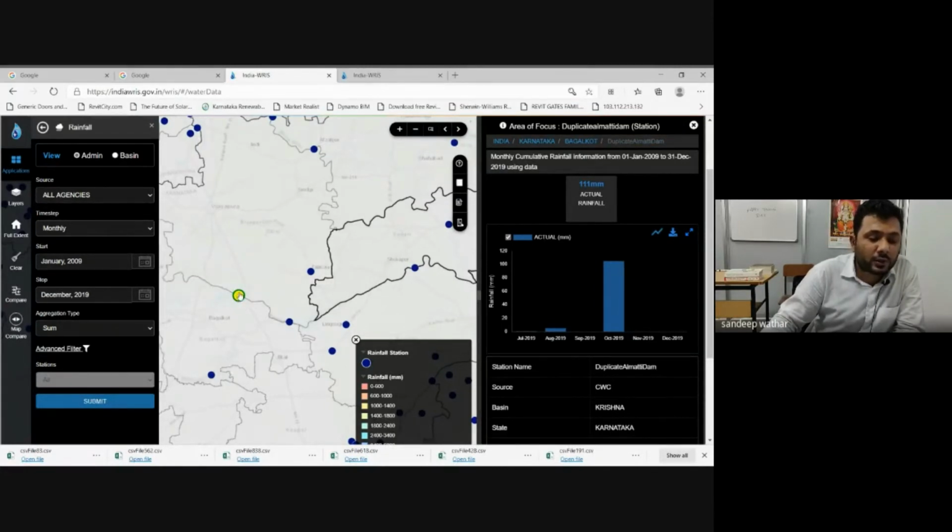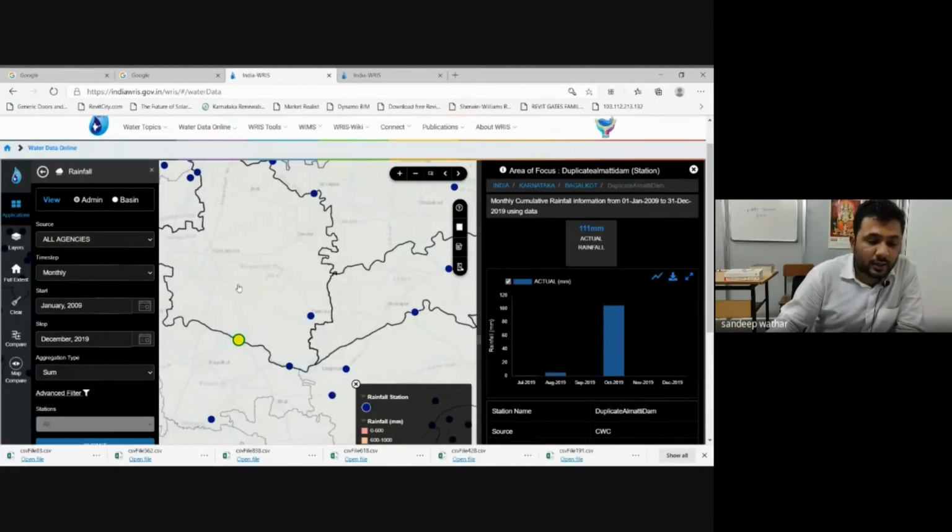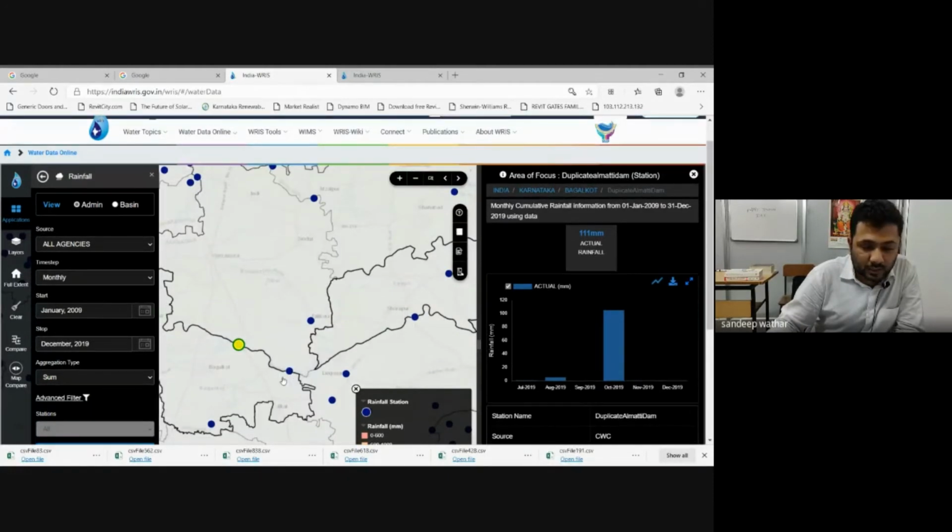At the Almaty Dam site, we are recording the rainfall every day. Then similarly, the rainfall is recorded in all the different rain gauge stations. If you want to know how much rainfall is happening in Bijapur, we take the average of all of this and then represent the rainfall.